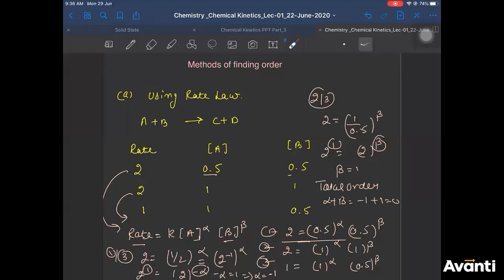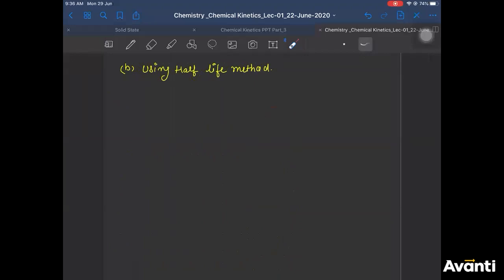Right. So let's move ahead then to the next set of questions. Now the second way of finding the order we have kept over here is using half-life method. So how can you find the order of the reaction using half-life method? One is using graph. Obviously, if graph is given, you can find the order of the reaction. For example, let us take, there are two methods in this. Either you'll be given graph, from graph you can find, or you'll be given the data.